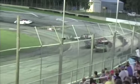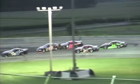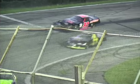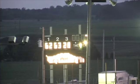Mike Kugler with a good save, got loose. Lost the spot to Tommy Little. Rick Everidge still right in the tire tracks of his son. Cassten takes a look to the inside off 4. Caution out, Tommy Little. Big problems, the whole front end of Tommy Little all torn up. Heavy damage on the...